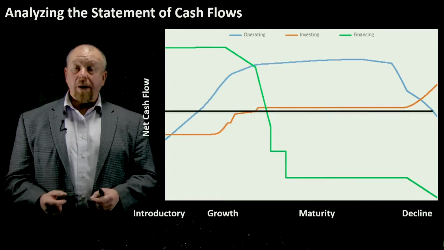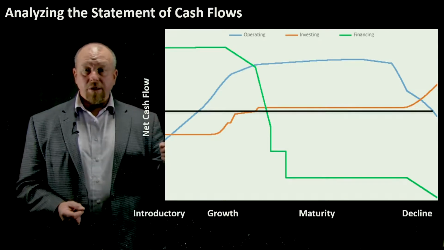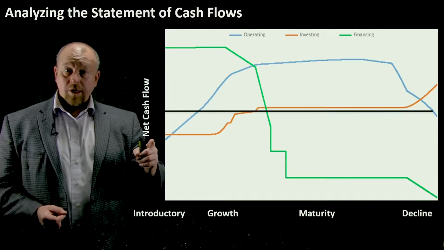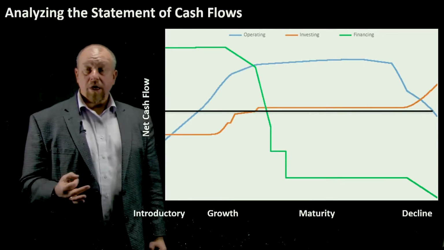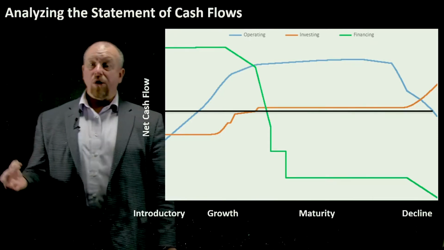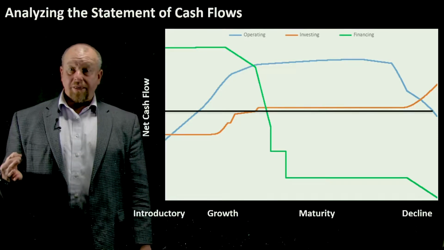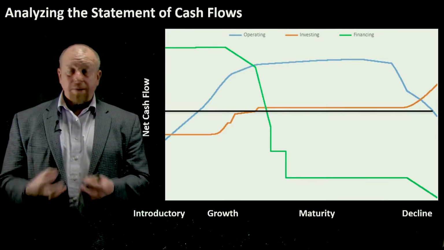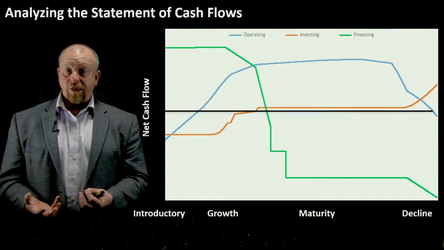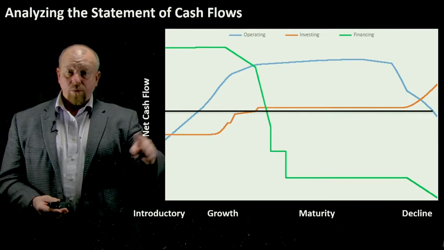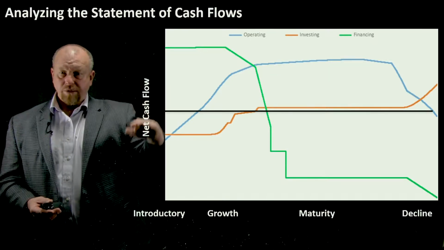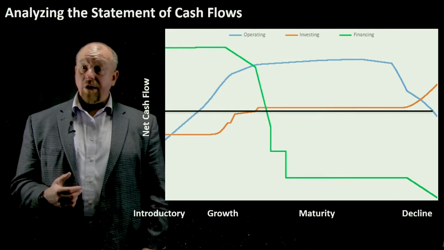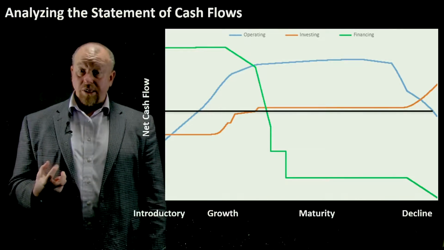As you can see, when a company is brand new, take a look at what's happening. The operating line is blue and the investing line is orange. So a brand new company has no resources, but it needs to build its infrastructure and it needs to operate, and both of those are going to require cash. So over here we're in the negative, because everything below this black line is negative, everything above this black line is positive, or cash coming into the organization.